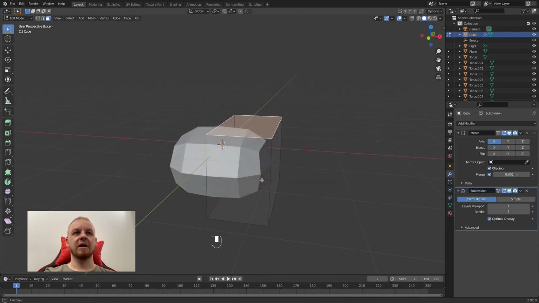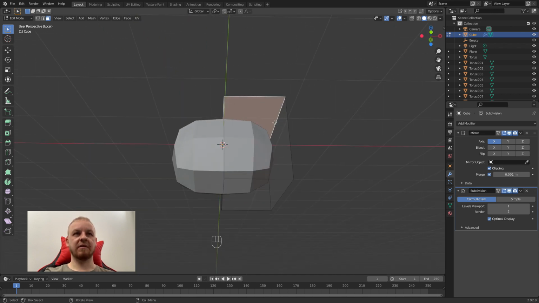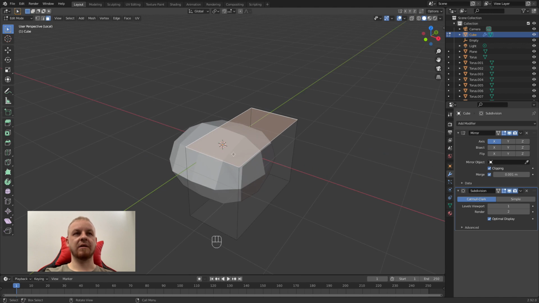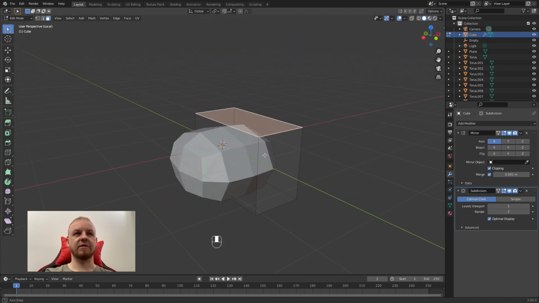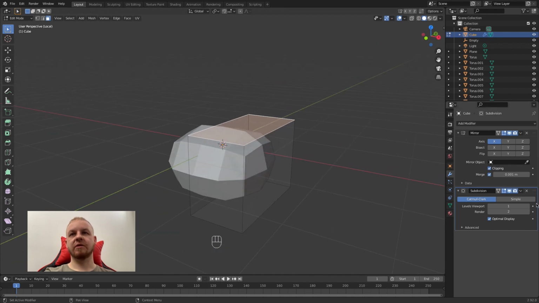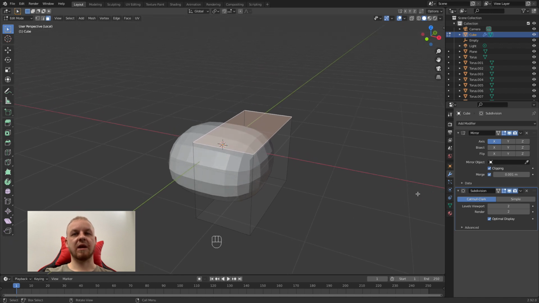How it works is basically splitting the faces and making those faces smoother. If I adjust the viewport levels here, you will see the mesh is more dense and more round, like this. We can go on, but it's not advised to do that unless you want to render the final result,